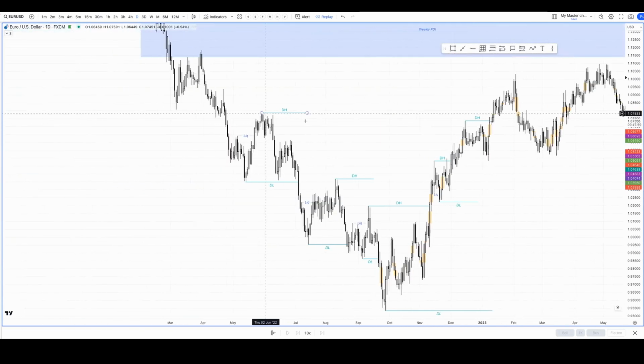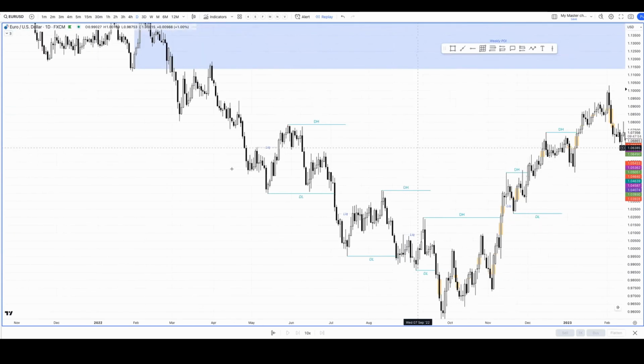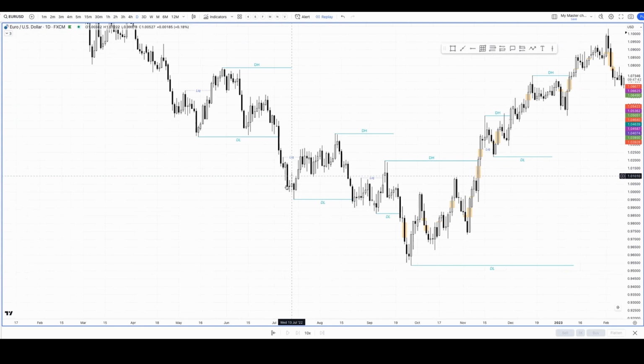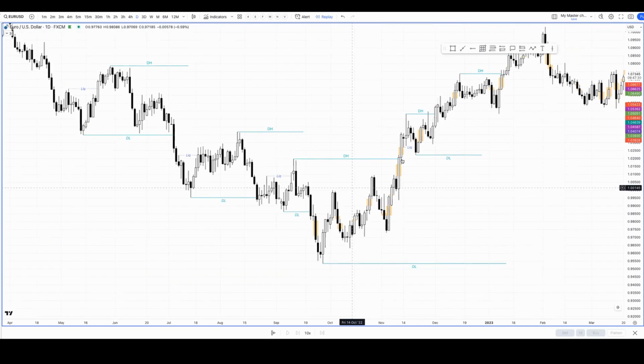I was going over my breaks of structure and how I see them. We have this push down here, and then, okay, it's not a liquidity sweep, but we took out the highs from this last high, and then we ended up breaking a new low, giving a break of structure. Then we've got these consolidations here where we took the liquidity, and then we broke with a body break, new structure, took some highs out here and then pushed down, new break of structure. And then we got our daily high being broken,